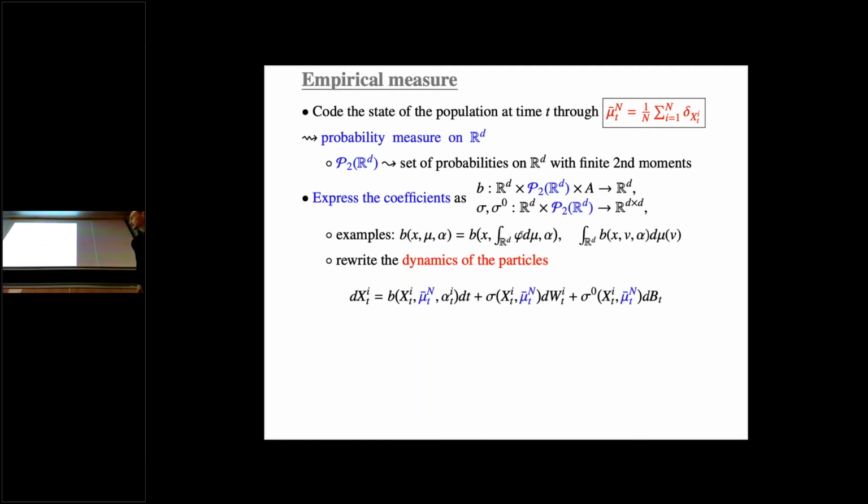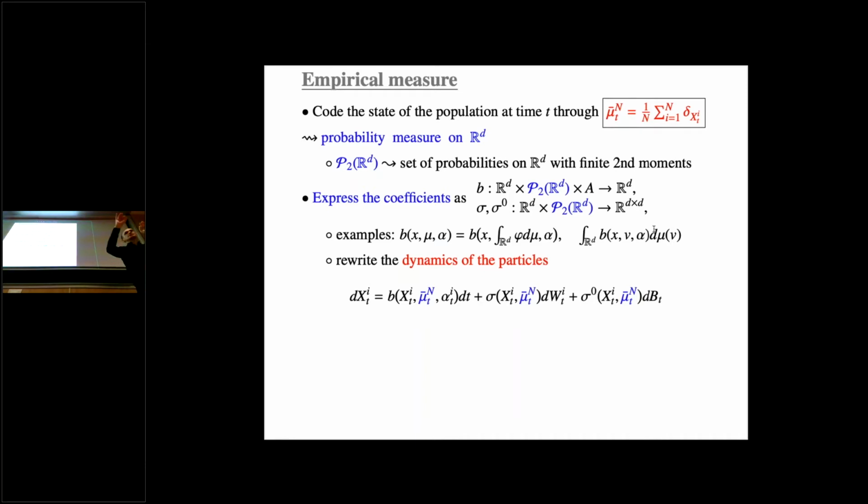This is one instance. Another instance is a kind of convolution. This is not exactly a convolution, but I could write this as a convolution. So you see that I replace here mu by v. Now, in fact, this is quite a bad notation. This is not the same B, but this is to say that you can construct B of mu in this way. So you take B now depending on the second argument in R^d, and you integrate this second argument with respect to mu itself. If you take B of x and v as B of x minus v, this is typically what you have in convolution. And this is a way to compute forms of potential energy.